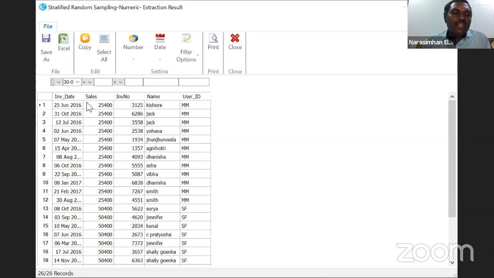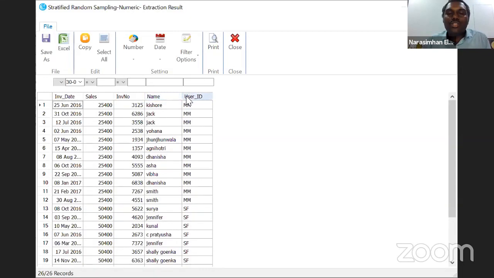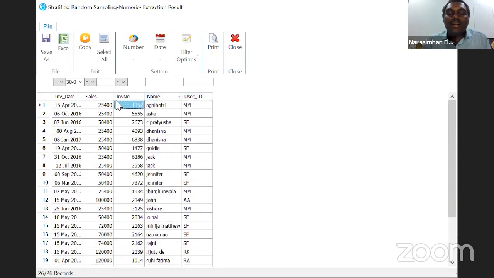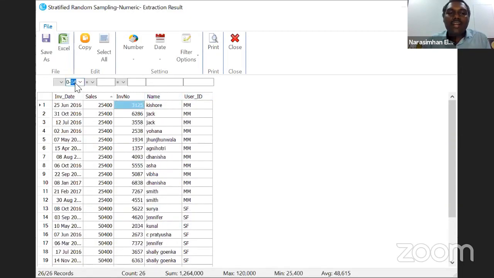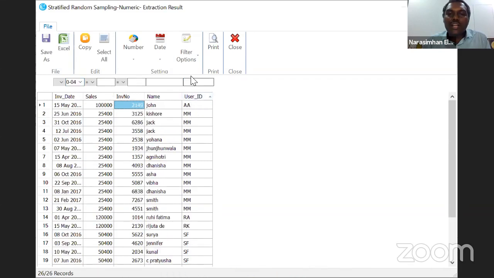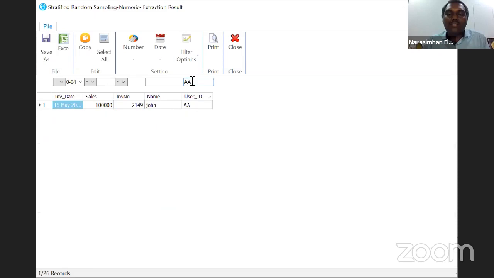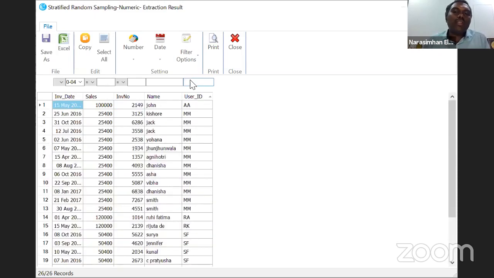So I have my invoice date, my sales, invoice number, name, and user ID. I can always double click on this to see if I can do some filtering: name, amount, dates, various types of filter. I can also type which are the types of user ID. I can say double A, I can type RA, and I can figure out who those people are. So these are dynamic options which are available, and this is quite handy if you ask me in terms of